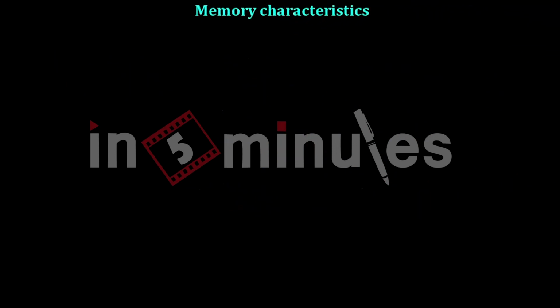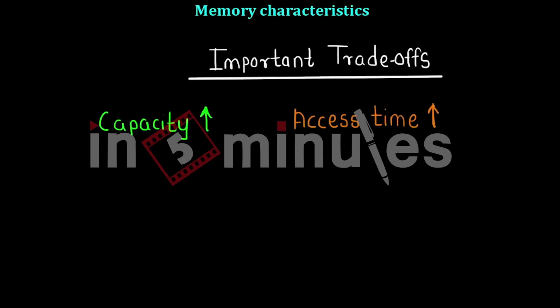So now we have seen the various characteristics of memories, and now let's talk about a few important trade-offs in the memory parameters, which are very important while designing and organizing the memory. The first trade-off is the capacity and access time trade-off. When we try to increase the storage capacity of the memory, the access time also goes on increasing. The reason behind this trade-off is that when we increase the capacity, the address space also goes on increasing, and the address search that the memory needs to perform while fetching a particular address is also larger. This is why this trade-off exists.